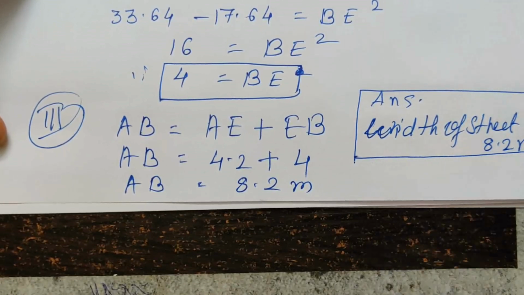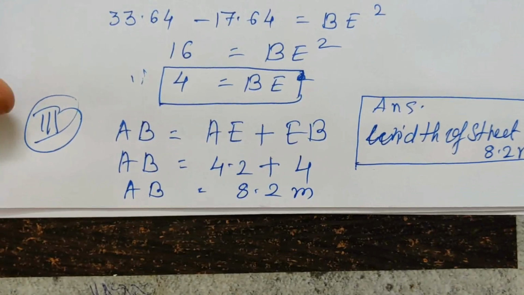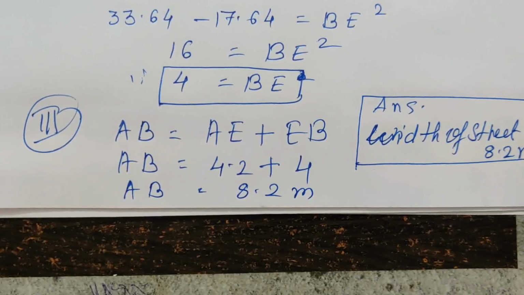This way you have to try to complete the example. See, the example is lengthy but very simple. Word problems, you always have to read at least two to three times. Try to understand what is given and what they asked. From that, if it is necessary, draw a diagram, and from the diagram you get the solution. Try to solve the examples which I showed you and which I told you to solve on your own. Do it honestly. If you cannot, I will help you. Thank you.